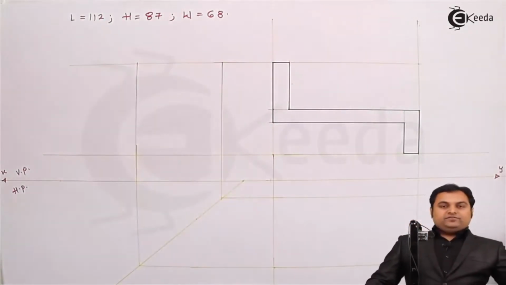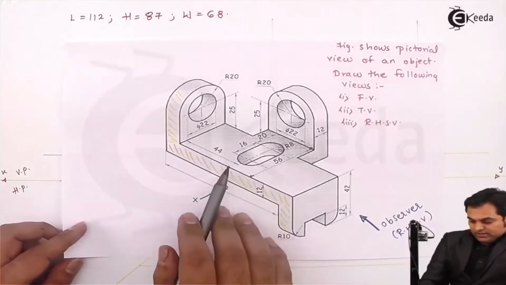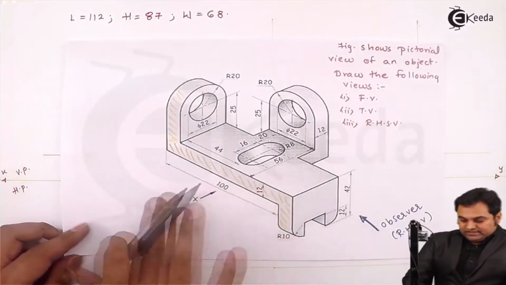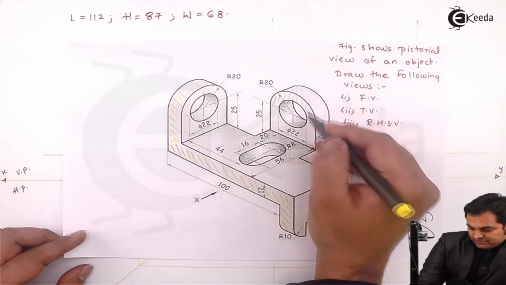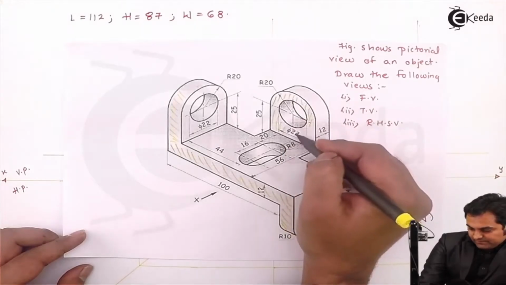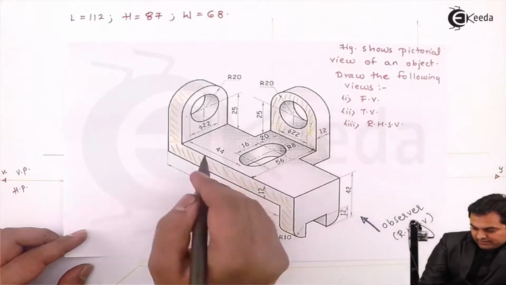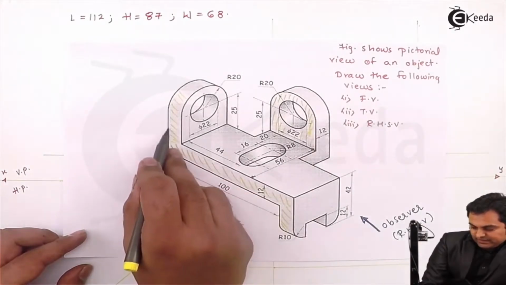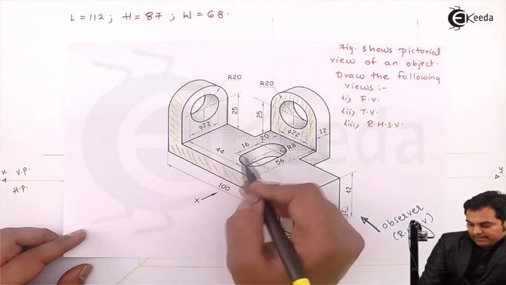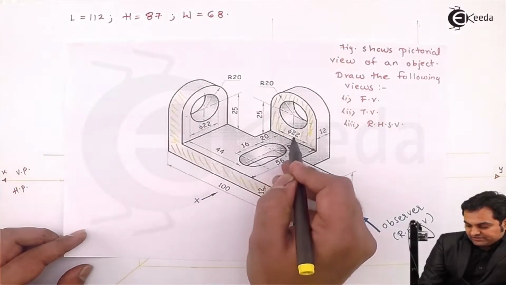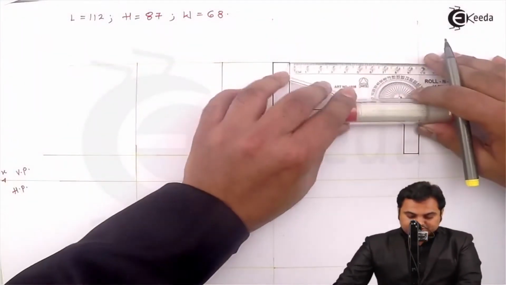Now this surface is visible from the front. Then at the same time, if I look from this arrow x direction, this semicircular surface is visible. And in order to get the center of this semicircle, it is given that after this 12 mm plate, there is a length of 44 mm, and this is where the center starts. So after this plate, I am going to measure the distance of 44 mm,